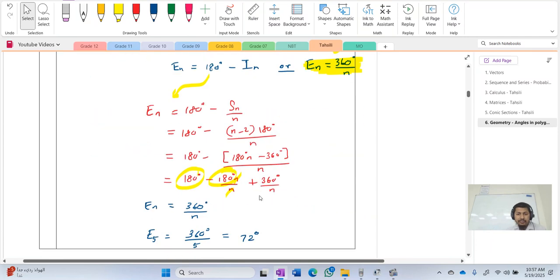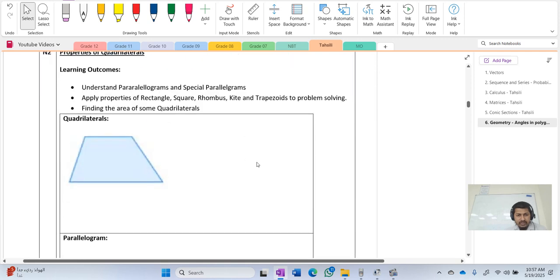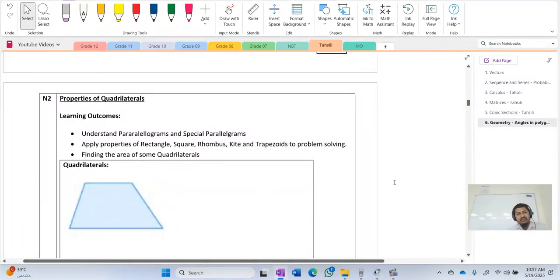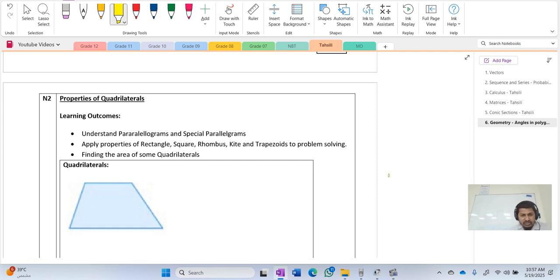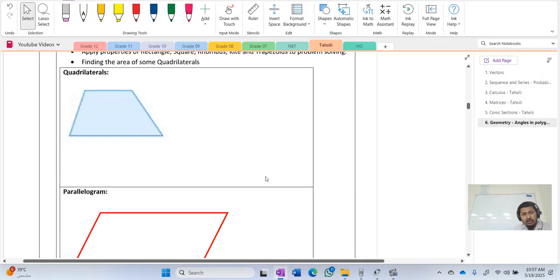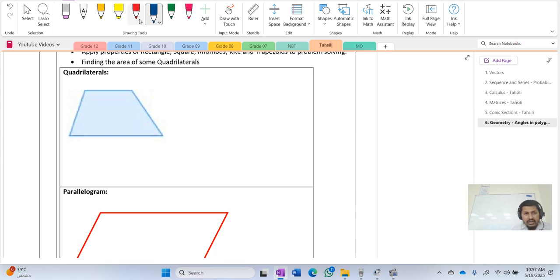Now let's go to problem solving, and before we go to problem solving, let's do some properties of quadrilaterals as well. Right, so we need to understand parallelograms, special parallelograms, and apply properties of rectangle, square, rhombus, kite and trapezoid to problem solving. Find the area of some quadrilaterals. Now quadrilaterals, so what we have here is a general quadrilateral, just a 4-sided figure. So what we need to know is the angle sum in a quadrilateral, the sum of angles is equal